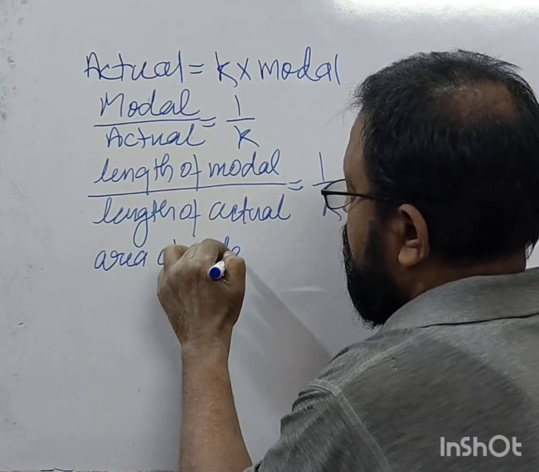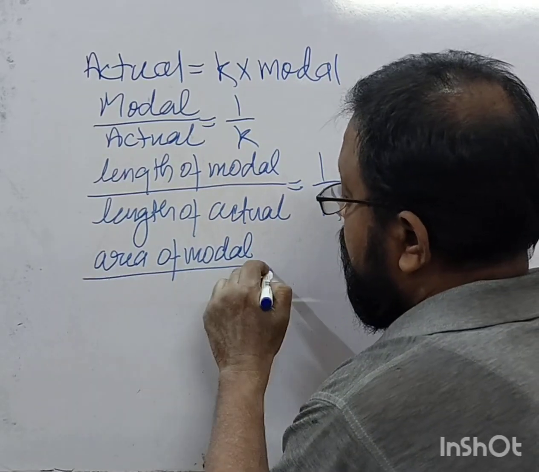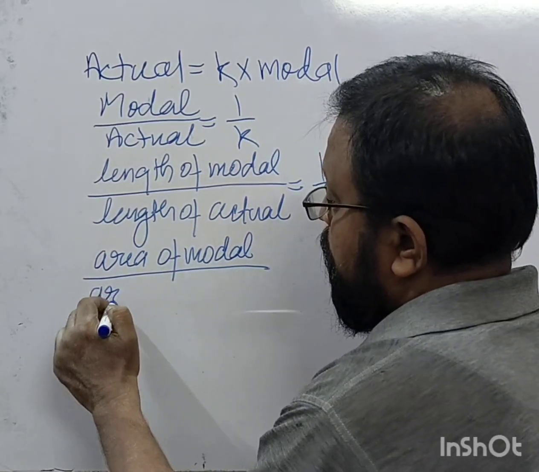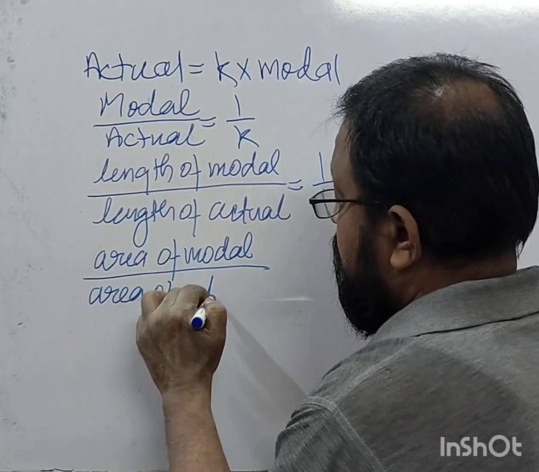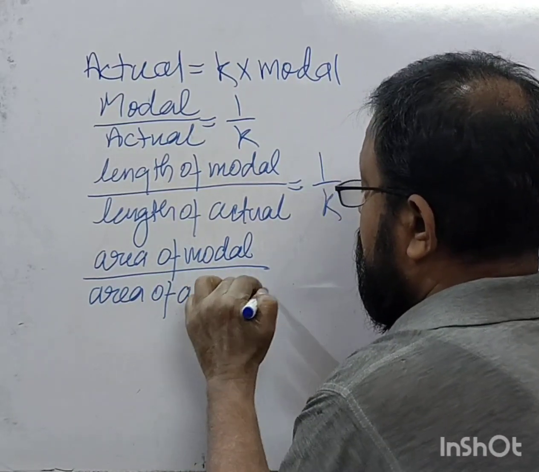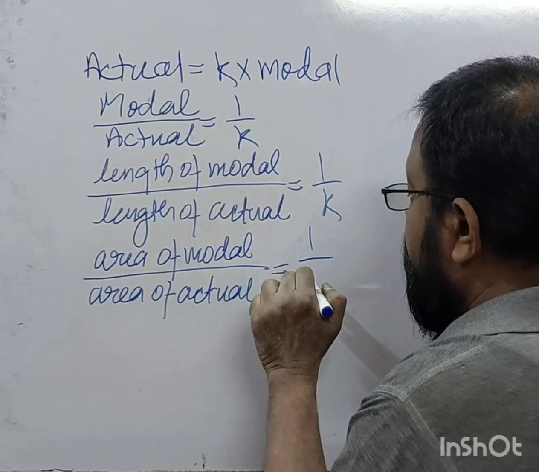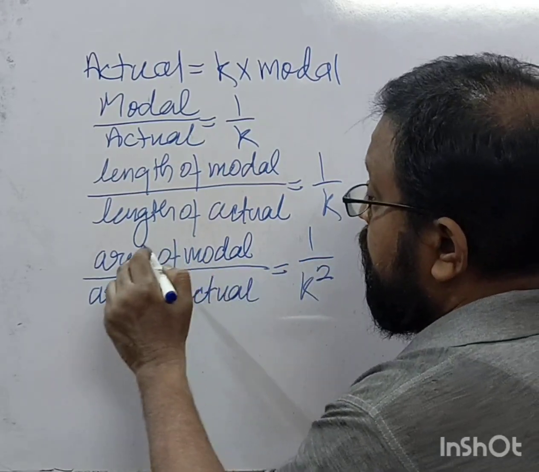Area of model upon area of actual is equal to 1 upon k square, and